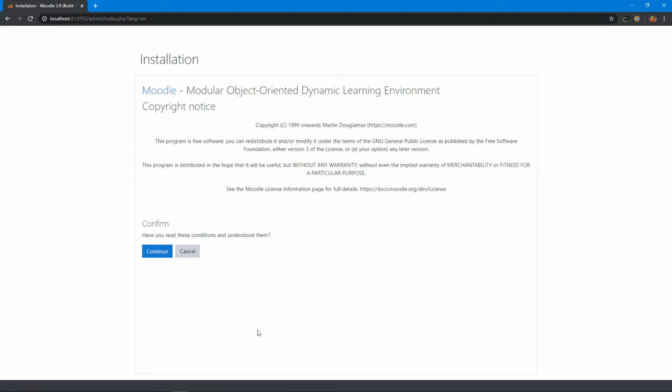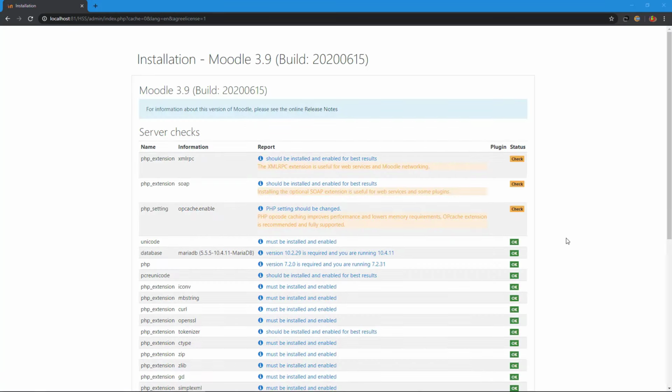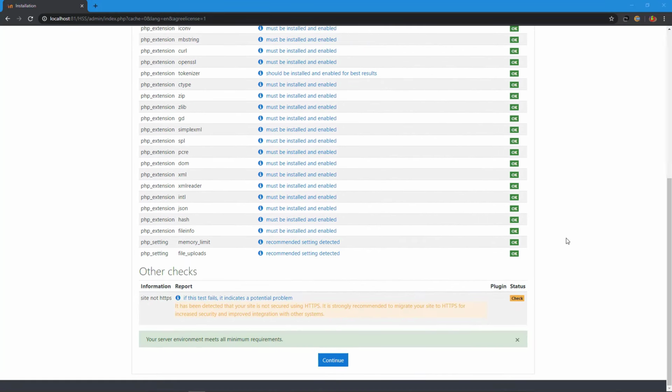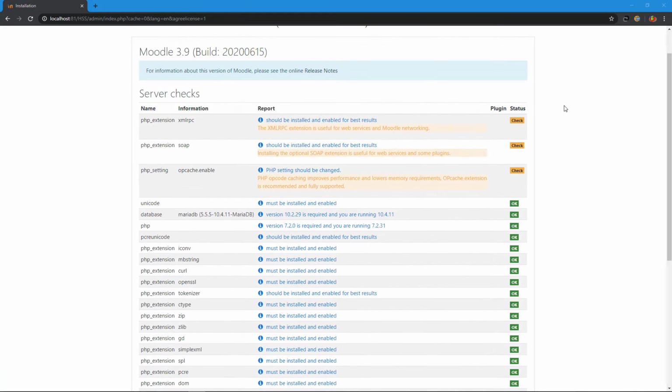Here you can see the Moodle copyright notice. We have to accept the copyright notice in order to continue the installation. So I click continue. This is the Moodle server check. Everything is okay. If you get any red notification, you have to fix it immediately.